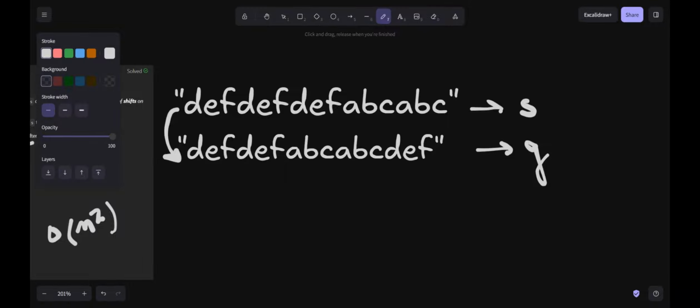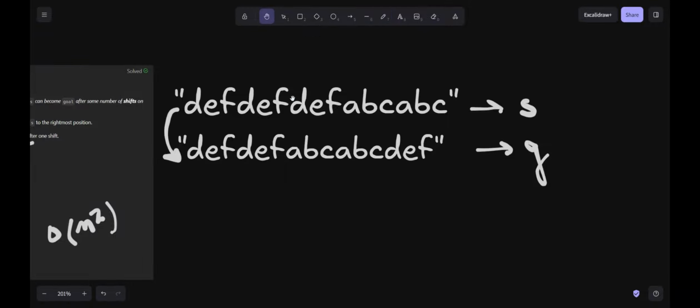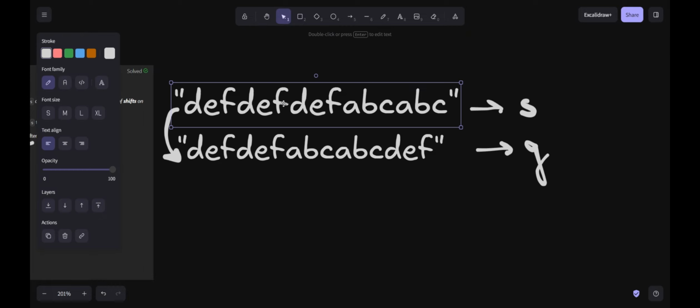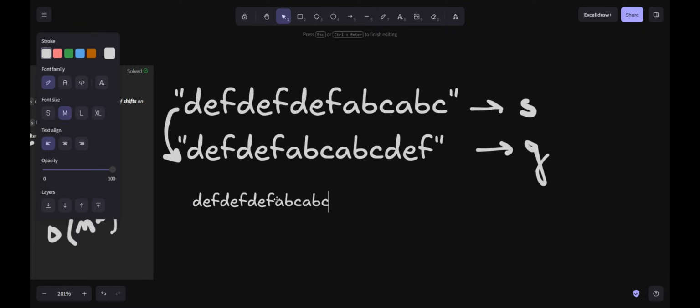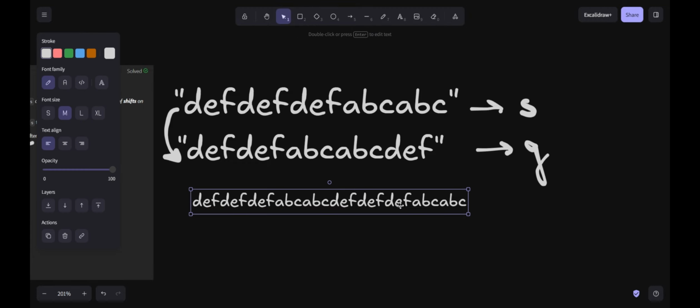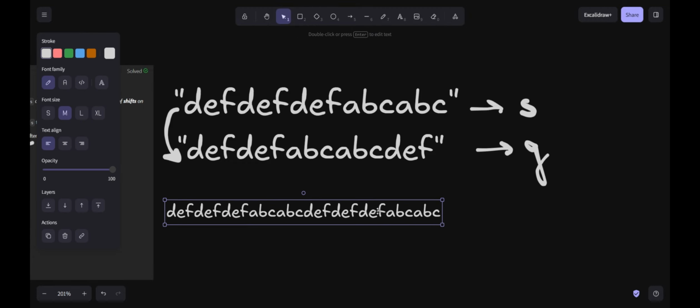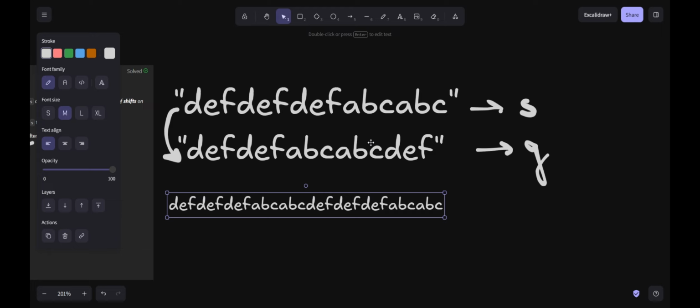There's a trick in which we can convert this s into 2 of s to check in one linear iteration whether my s can actually be converted into goal.